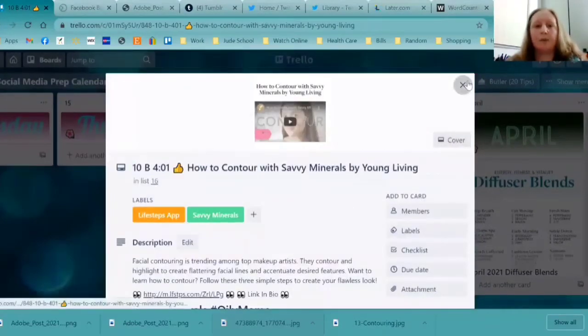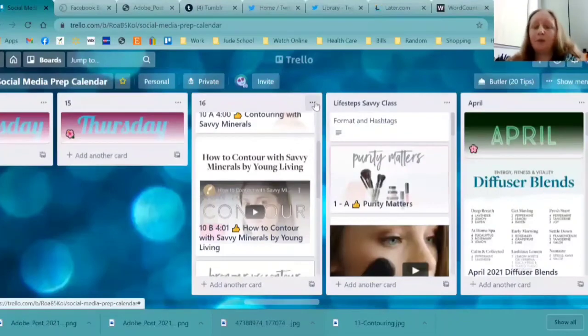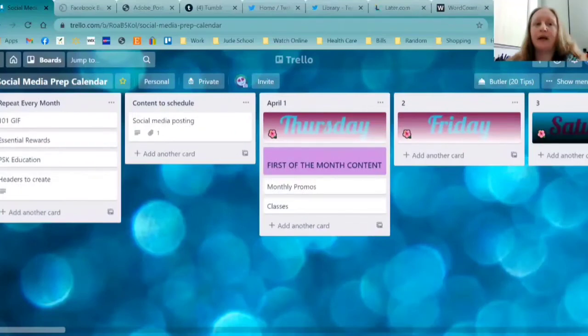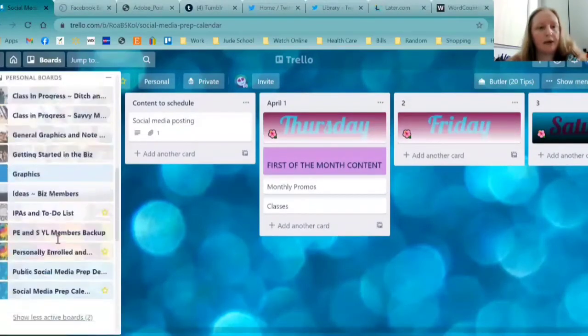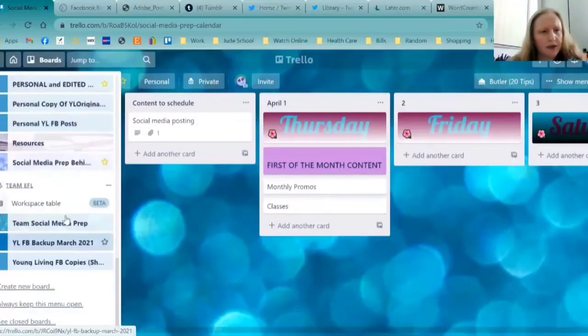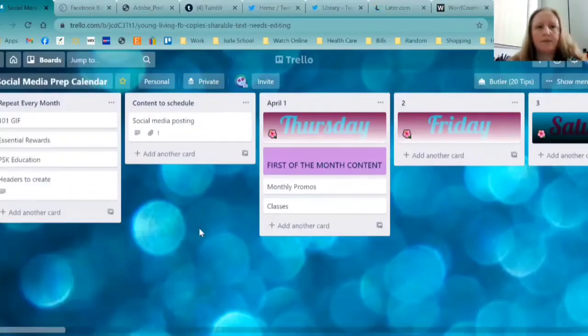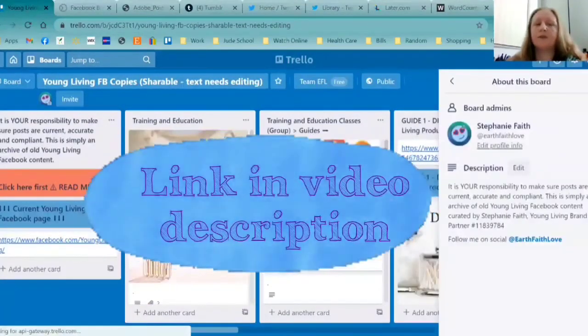I just want to show you guys a couple more things. So that's basically the different ways I upload specifically from the computer. More about Trello and then a little bit more about posting or working from the phone. So I have this board that I made. I have a lot of boards here. Okay, so this is a board that I made.